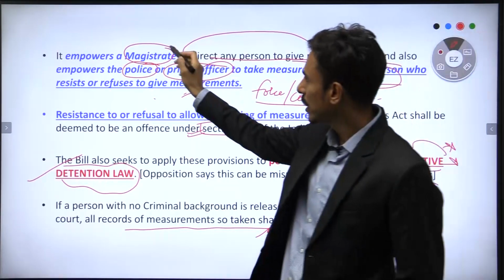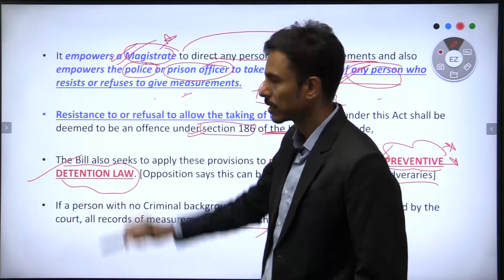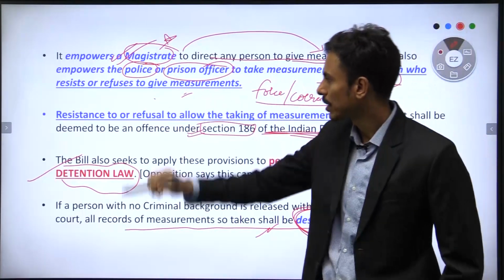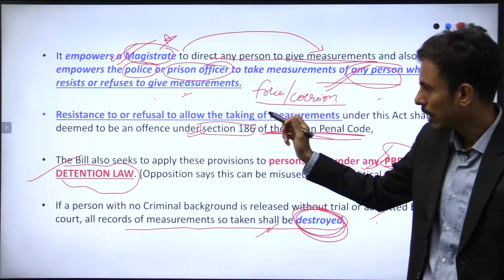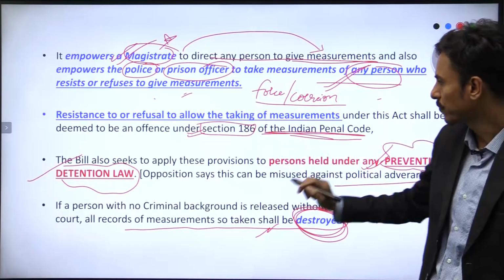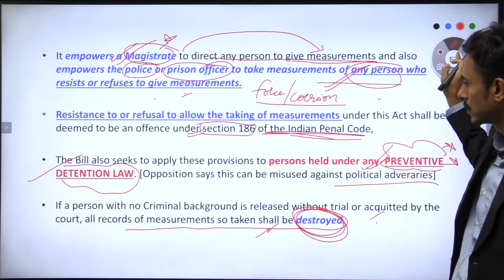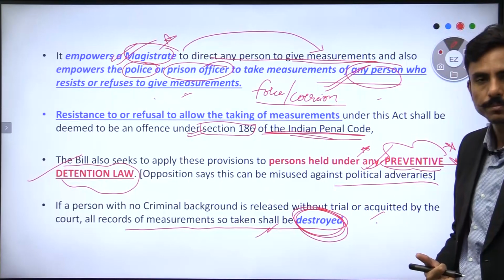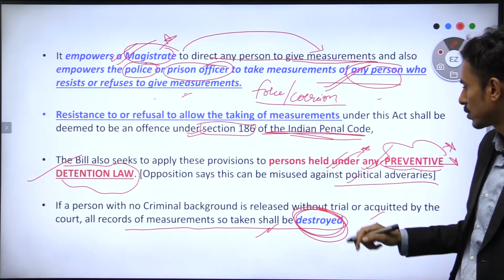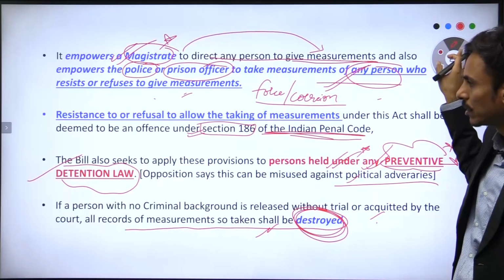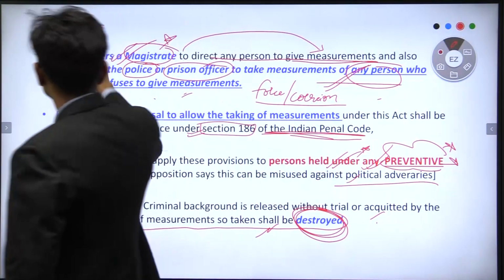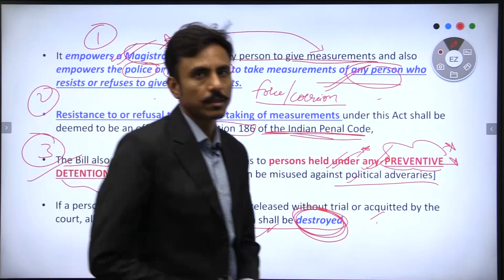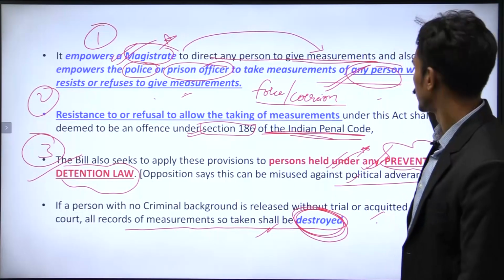So they may ask you how this statement empowers the magistrate to direct an imprisonment. Similarly, the refusal to allow the taking of measurement is also an offense under IPC section 186. It also would apply to the collection of the measurements from the person held under the preventive detention law, right? So we have understood 3 important statements, and I expect a question on this, right? I hope it is clear. Moving ahead,